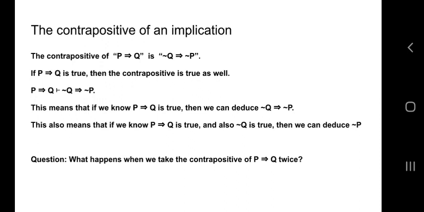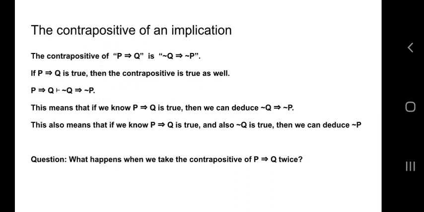Okay, hopefully you had some time to create that truth table and see for yourself that if you know that P implies Q is true and you know that not Q is true, you can deduce not P, which is pretty cool. So remember, if we had P implies Q, the converse of that was Q implies P. And we saw before that if P implies Q is true, we can't deduce that Q implies P is true. We don't really know what the truth value of Q implies P is unless we have some other information to help us. But there is something that we can know is true if P implies Q is true,